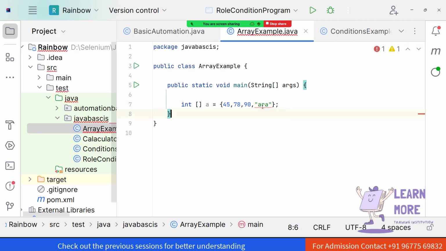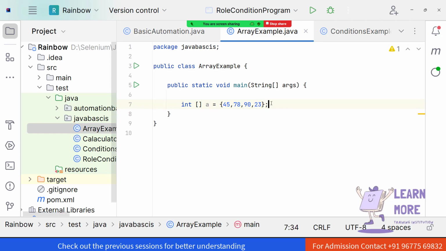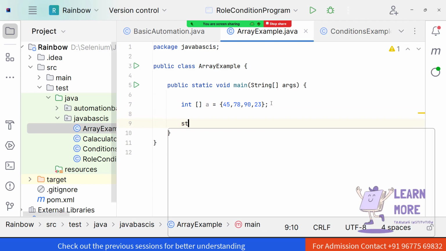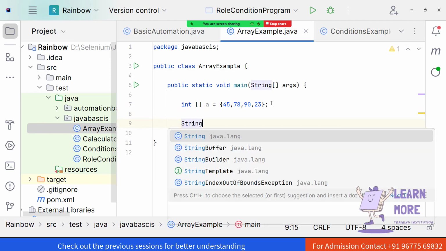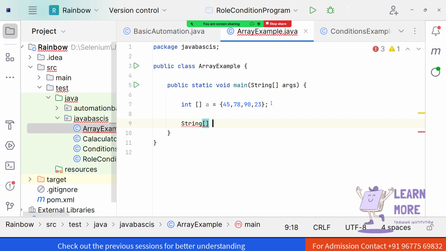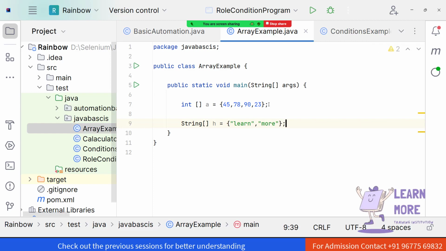The reason is, as I told, that we have a restriction: we should store values of the similar data type. In a similar way, I'm going to create a string array. Let it be h is equal to, and I can say learn, more, etc. So we have created an array, and with the help of an array we can store